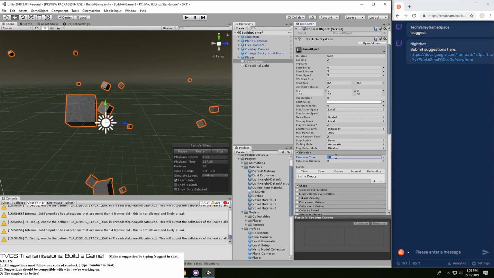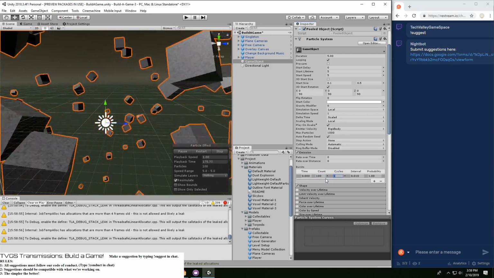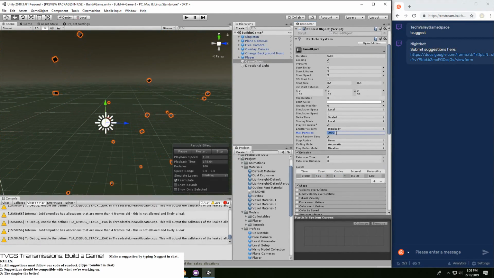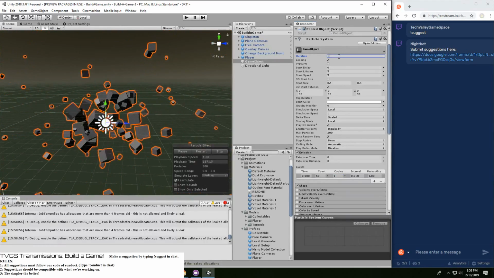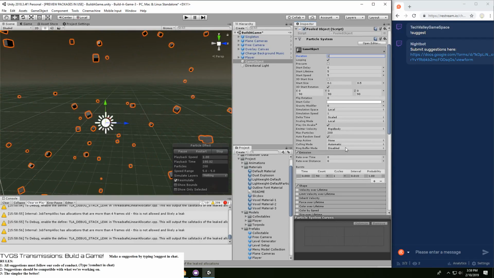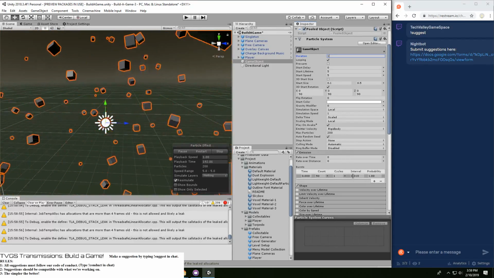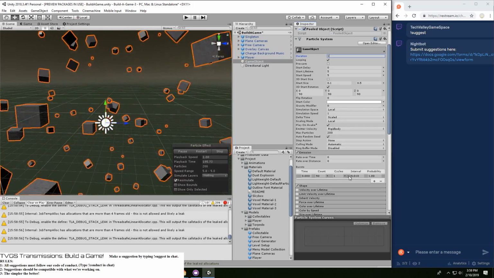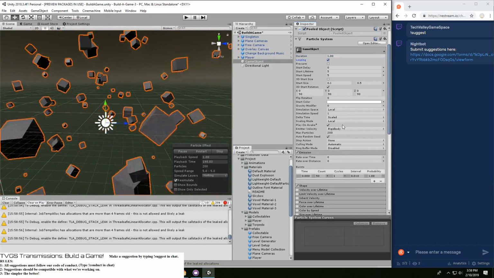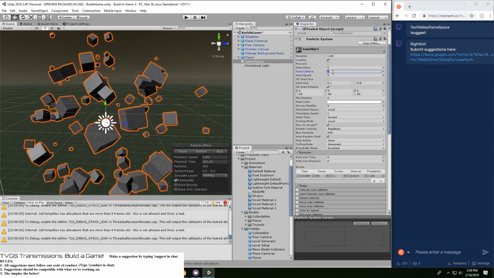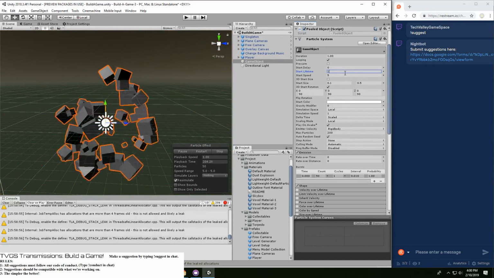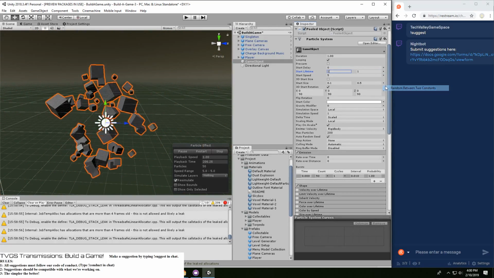And for the emission, I don't want a rate over time, but rather a burst. Yeah, so right now that's a really good one right there. So let's get like 100, and let's make sure that the maximum particle size does not exceed that. I might as well go with 50 here, make sure there's only just one cycle interval. Right now the lifetime is that, but we probably don't want it to be long. We'll make it constant.